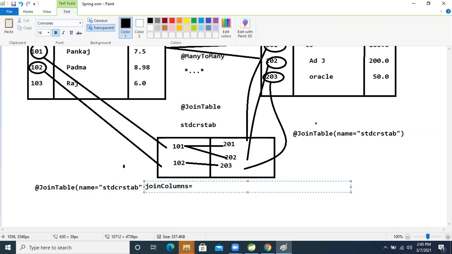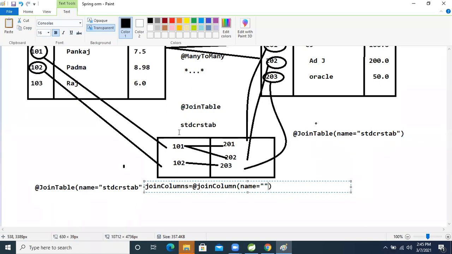Inside that, again we will take JoinColumn, right? Inside the JoinColumn, again we will take name. Inside that, what we will give, student table.